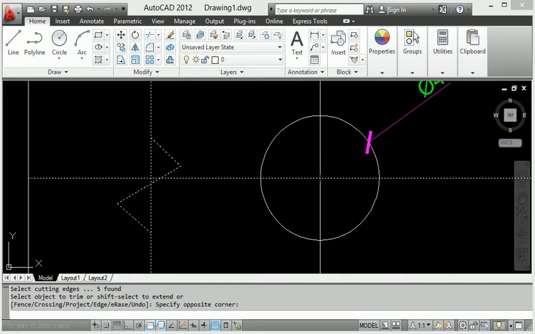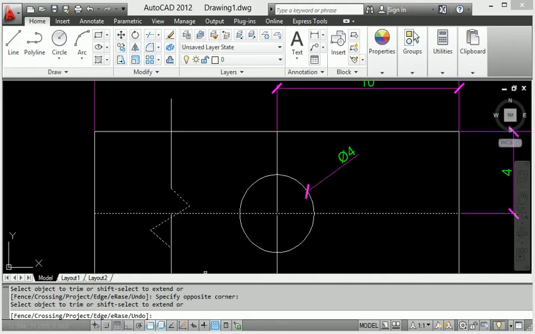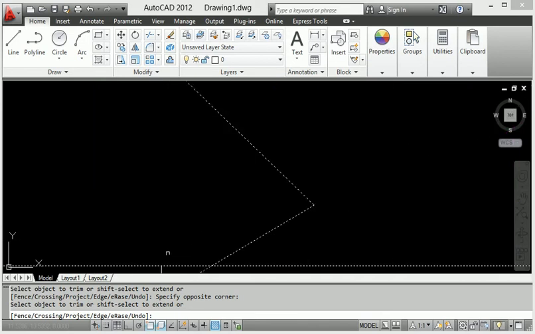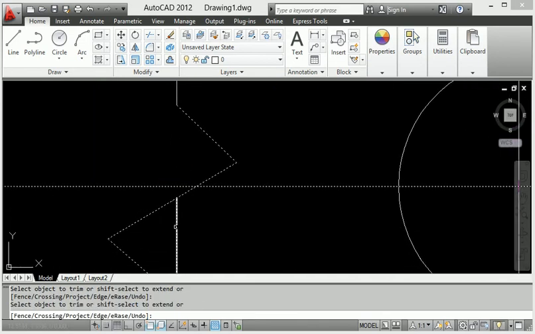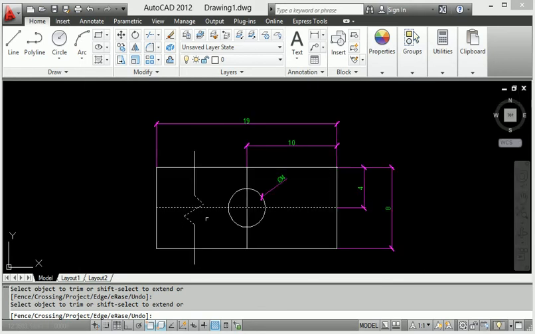Select the line that is going to be removed here. Now this removes the line also. Again I will go to remove here and remove here. This is called here, and enter this line.